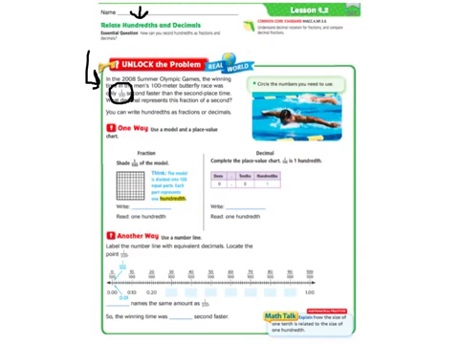Okay, so we've got the same ways as lesson 9.1. We've got a model and a place value chart, and we've also got a number line. This time our model, instead of being broken up into tenths, is broken up into 100, and we only have 1/100th, so we're only going to shade in one tiny little hundredth block. So that is written 1/100, and you say that